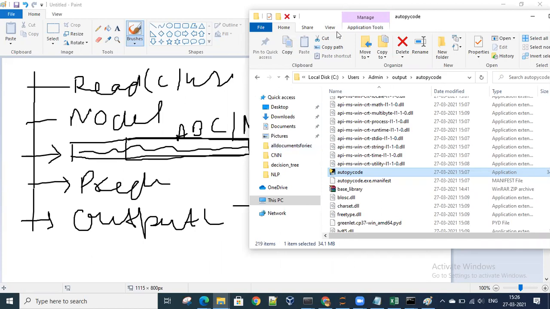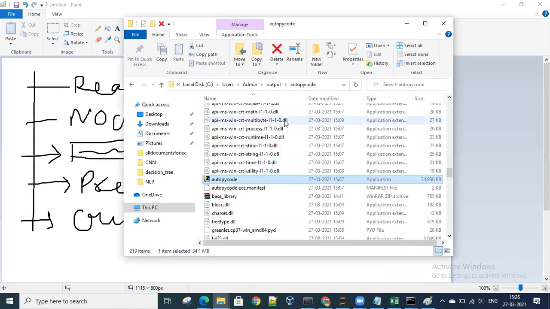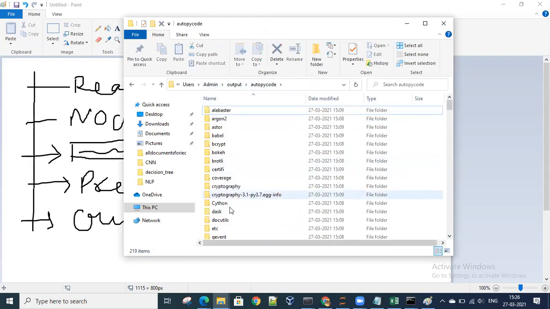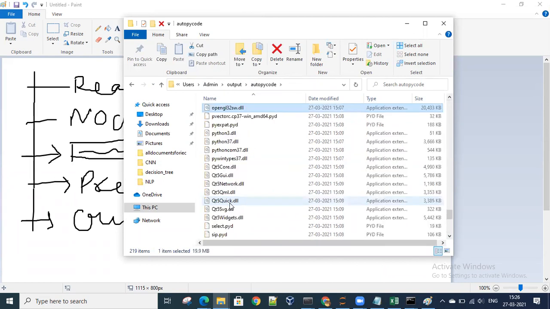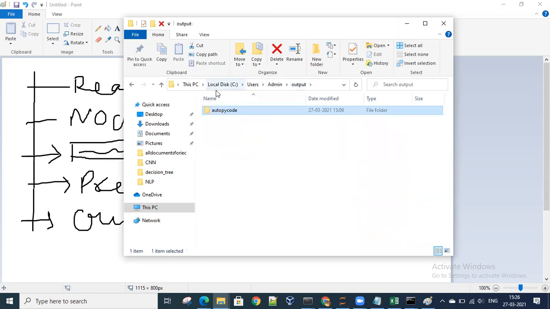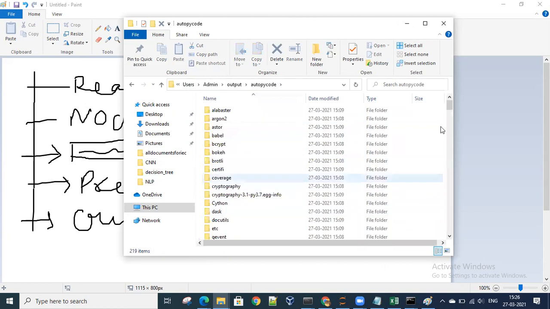In case the user does not have Python, you will supply the entire AutoPy code folder to the user, with all these files. Then the user does not have to do all these tweakings.